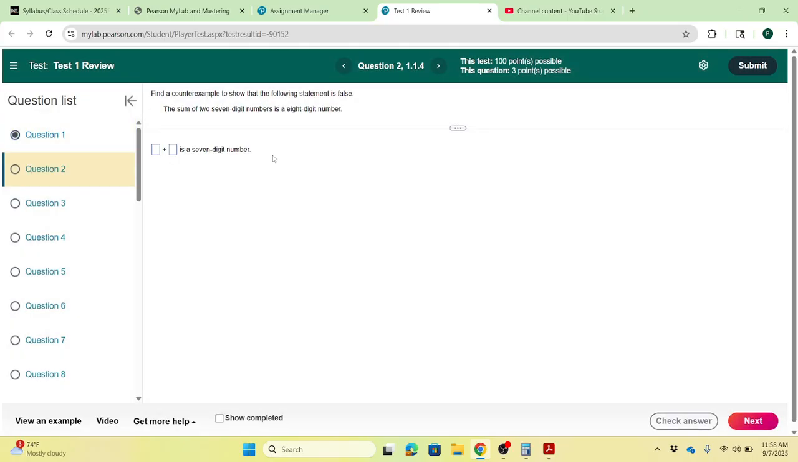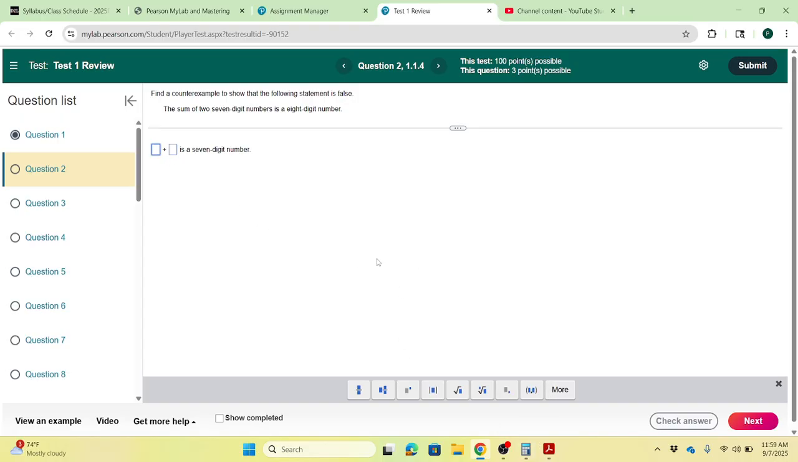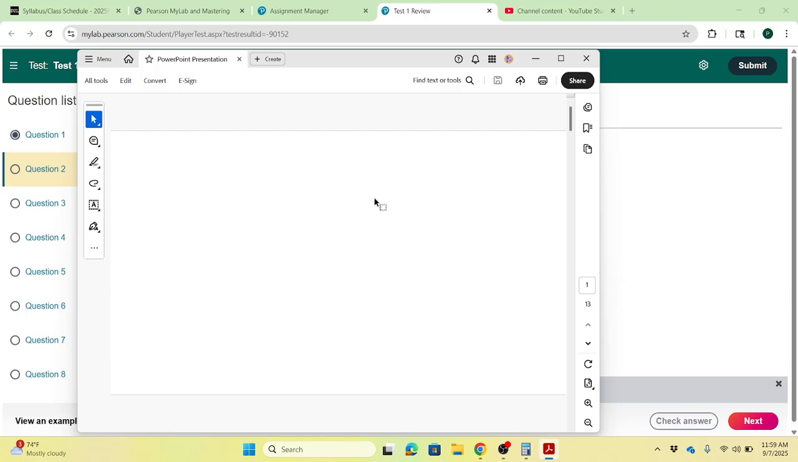Okay. Find a counterexample. Again, the statement is: the sum of two 7-digit numbers is an 8-digit number. So we have to come up with two 7-digit numbers whose sum is not 8 digits. Find a counterexample to show that the following statement is false. So let's say you have a 7-digit number, 1,